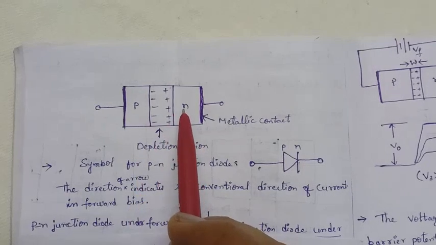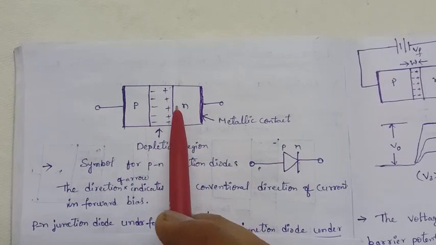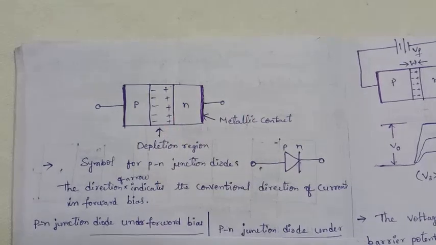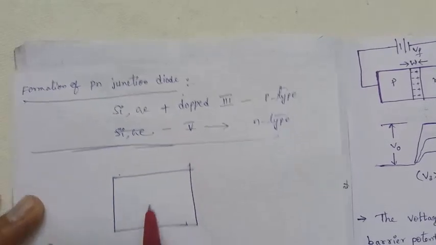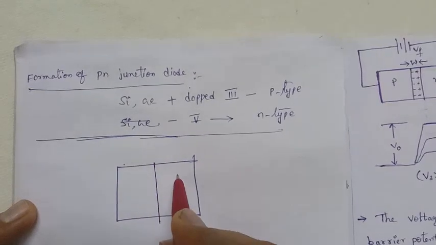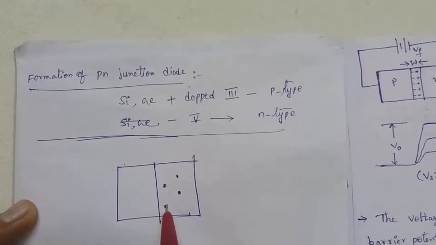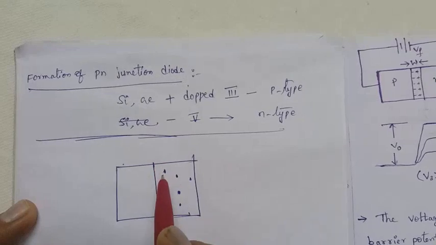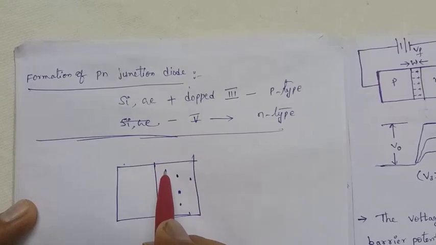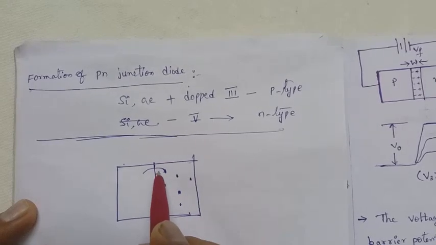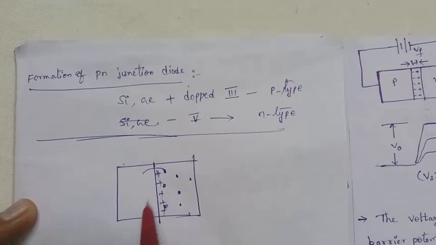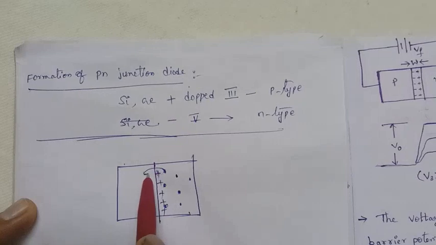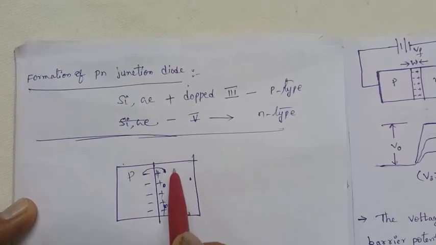the majority charge carriers inside are electrons. Suppose this is the PN junction diode. If these electrons diffuse to the P side, then a positive layer is formed across the junction, because of the loss of electrons. Similarly, by gaining electrons, a negative layer is formed on the P side, and this is the N side.